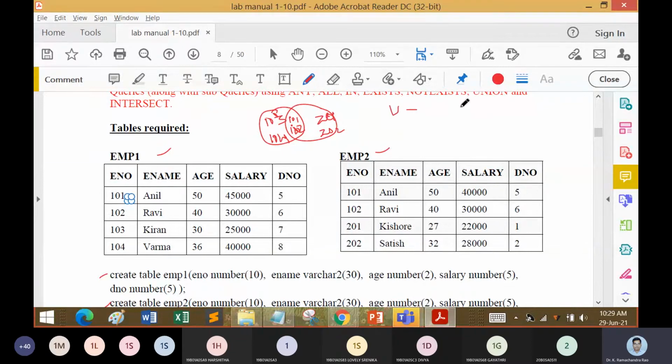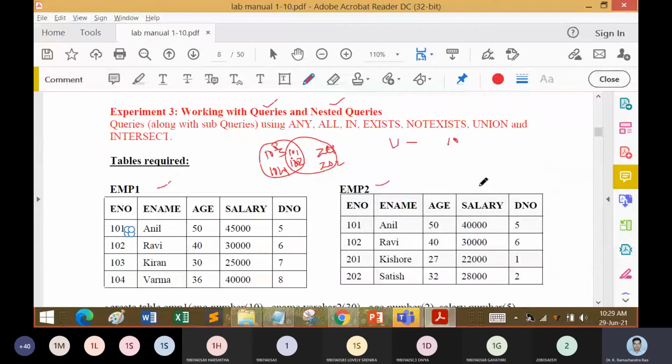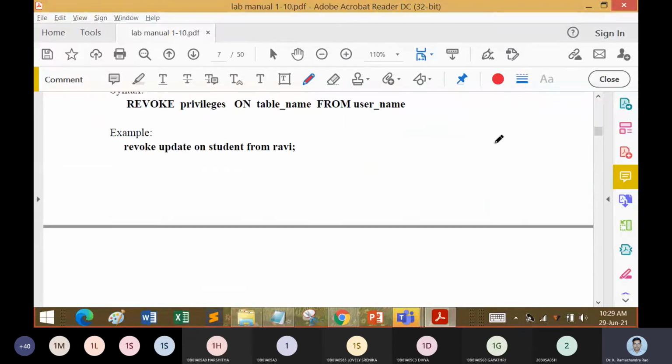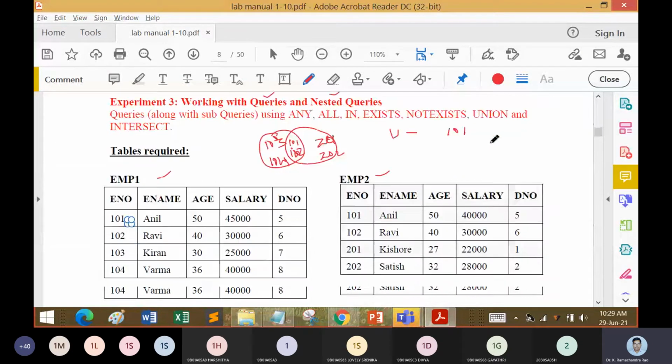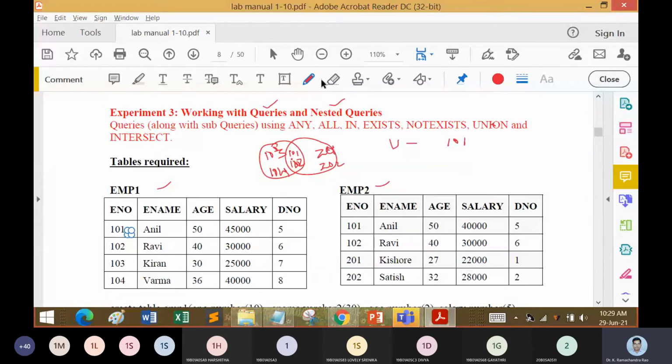If I'm going to call it union, it will be 101 followed by 102.